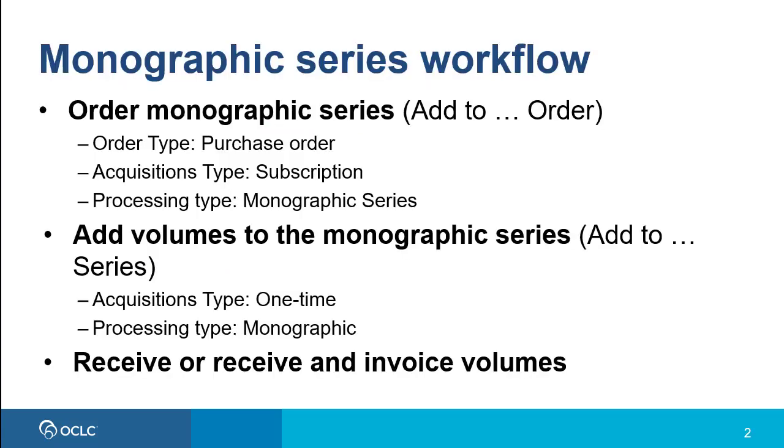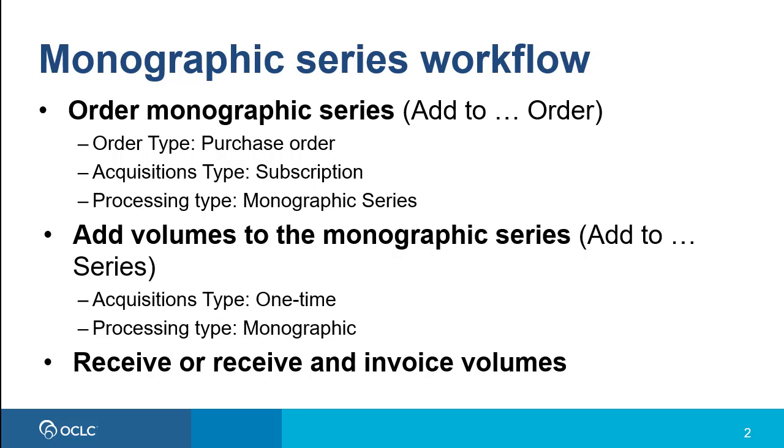In the monographic series workflow, you'll first need to order the monographic series in WMS acquisitions. So you'll need to look for a record for the series. The order type will be a purchase order. The acquisitions type will be subscription, and the processing type will be monographic series. When you place the order for the series, you will be encumbering funds for all the volumes of the series